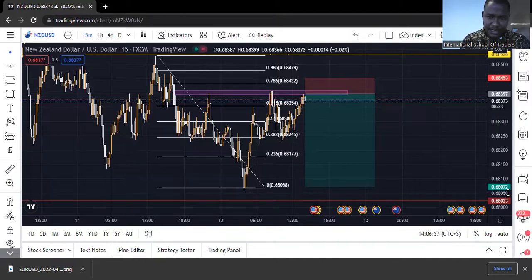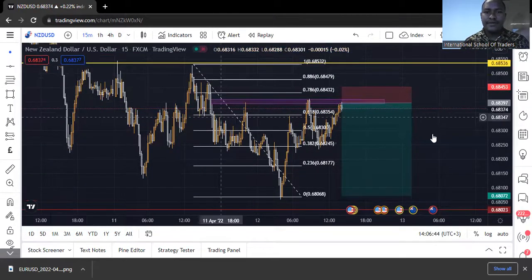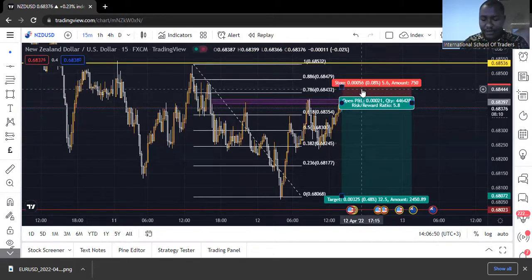So it is a sell. Obviously, you can see that the market is bearish here. This is a 15-minute time frame. We want to cover up for that, and if that doesn't happen, then we lost a good trade. It was a beautiful one. So we sell on NZD-USD, going all the way down.